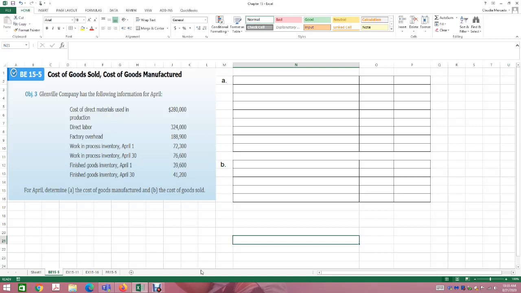Now this is accounting. Expect to have a lot of homework. In accounting, it's not just me talking about concepts and terminology like in some of your business classes, where a lot of it's common sense kind of a thing. In accounting, it's more specific, it's more black and white. Either you know it or you don't. So in order for us to do well, we need to practice. The only way that we're going to learn accounting is by doing it.